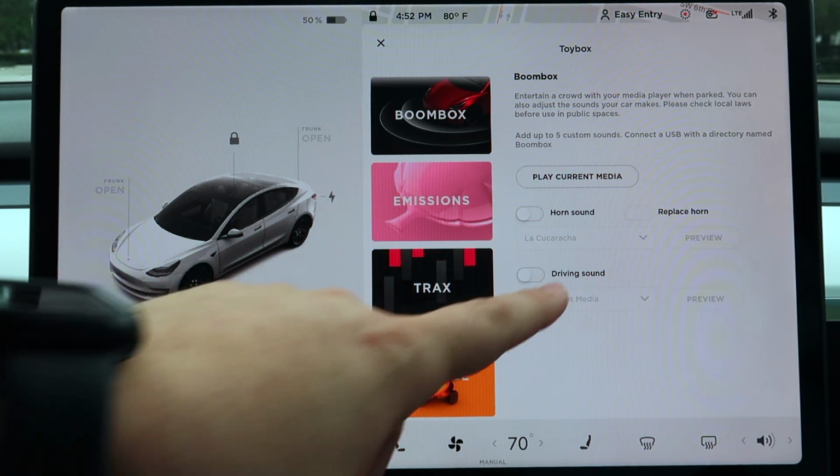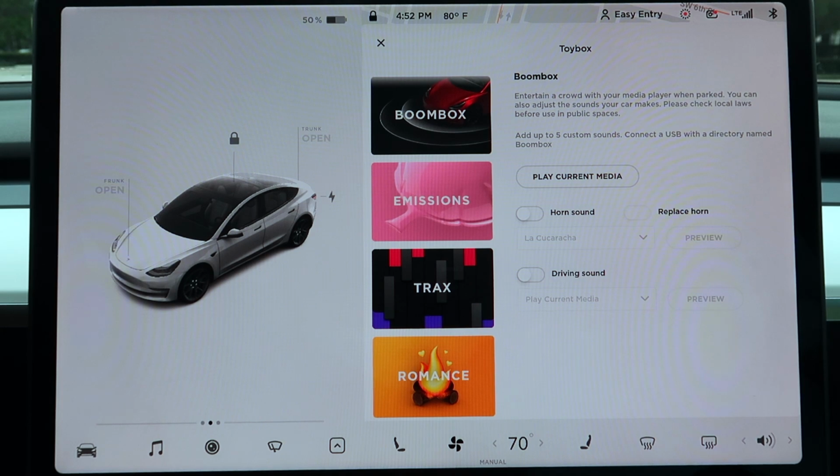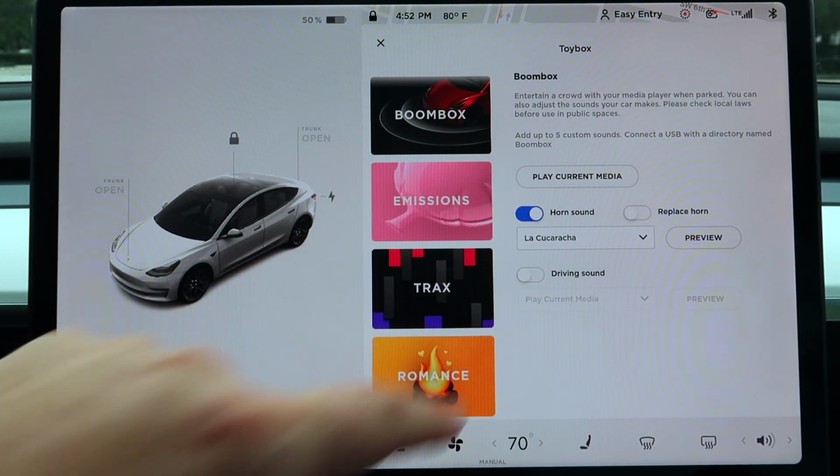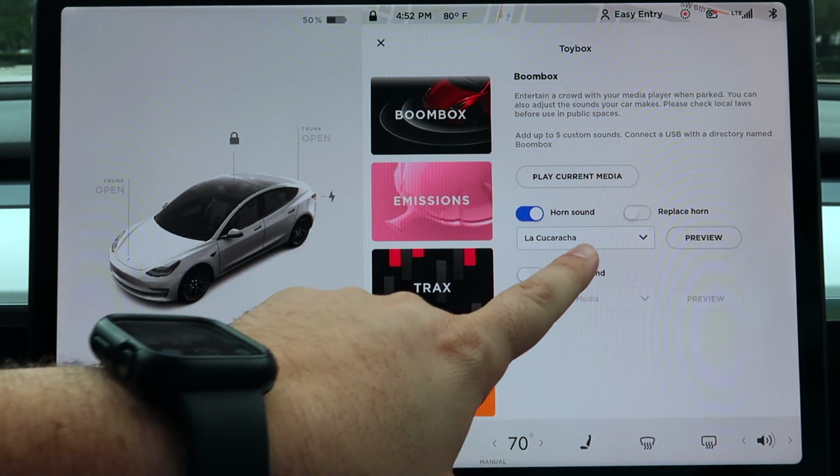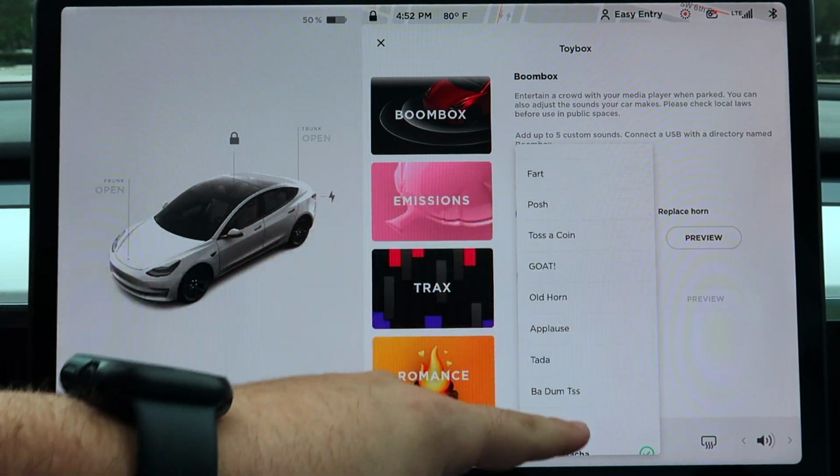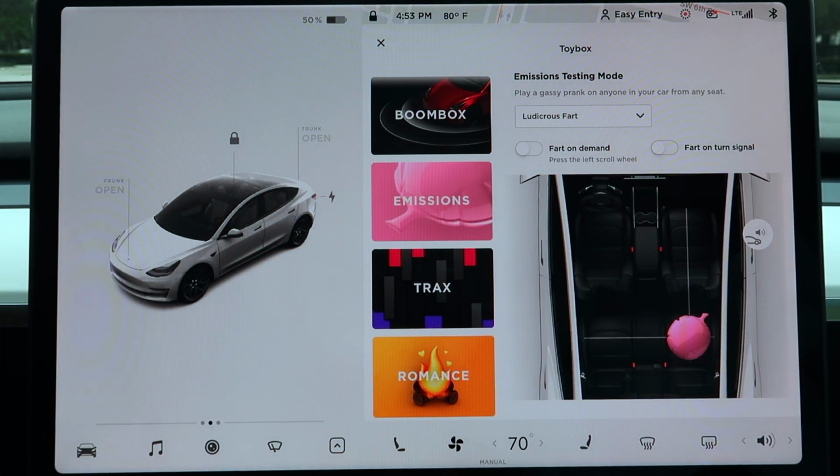You have the ability of changing your car horn. This is one of the more funny things that you can change about the car. So you can change the horn. So if you honk the horn, it'll play a bunch of these different sounds. Next, you have your emissions testing mode,